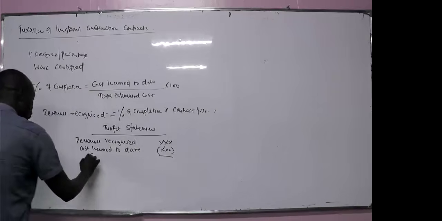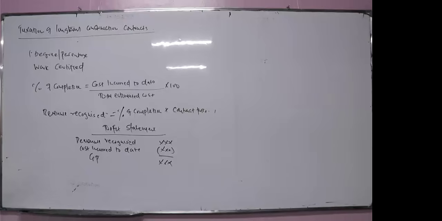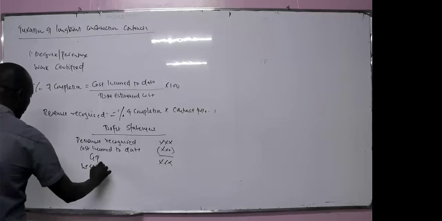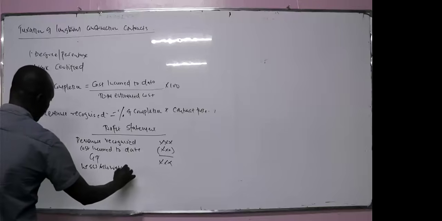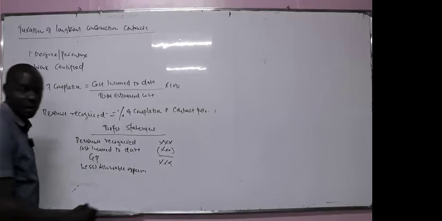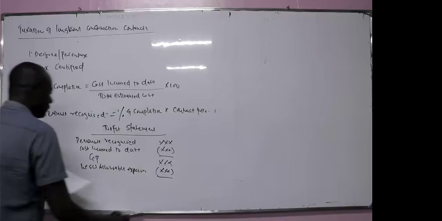And then you get the gross profit, minus allowable expenses. Less allowable expenses, and then you get the